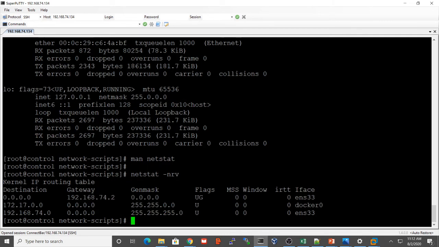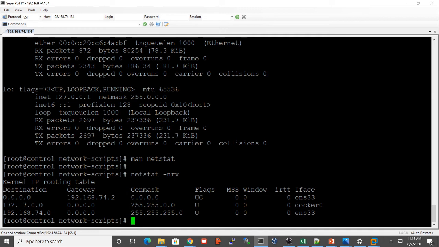It shows the destination IP, and the gateway, from which our network is allowing outgoing traffic. 192.168.74.2 is the gateway, and then the genmask; I will explain the subnet mask further later. It also shows the flags, the interface it is connecting through, so these are the interface names and these are the destination IPs.